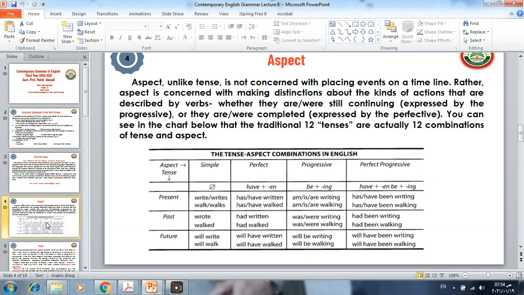Now let's speak about aspect. What is meant by aspect? Aspect, unlike tense, is not concerned with placing events on a timeline. So when we talk about aspect, we are not concerning ourselves with placing events on a timeline. Rather, aspect is concerned with making distinctions about the kinds of actions that are described by verbs, whether they are or were still continuing,